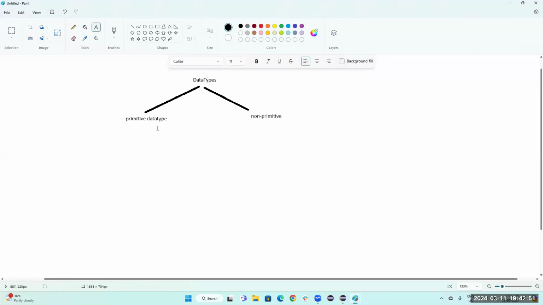Next, in primitive, again there are two types. One is numeric, and the second one is non-numeric. Tell me the two types of primitive data types. Numeric, non-numeric. What is the meaning of numeric and non-numeric? Tell me in simple English. Numeric means numbers. Non-numeric means other than numbers. Okay. Yes, sir. Example: